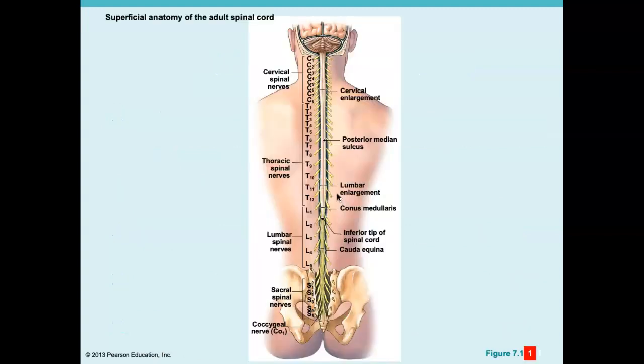So our spinal cord has 31 pairs of spinal nerves coming off of it. So you can see at C8 we have 8 cervical spinal nerves and so on. Now the spinal cord ends right there. This is the conus medullaris. That's the end of the spinal cord. And yet the spinal nerves continue into what looks like a horse's tail, so this is called the cauda equina.